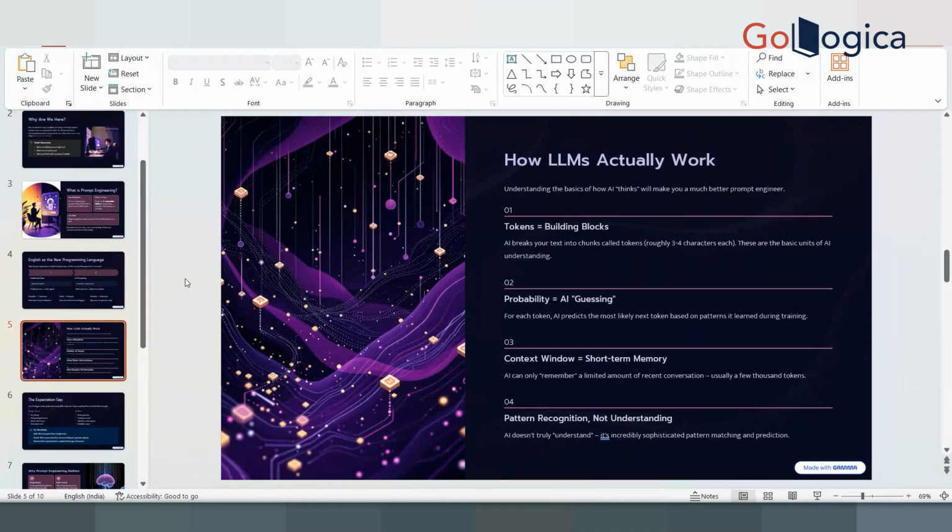But when you are interacting with a model which is capable of generating images, everything up to the context window is the same. After that, the output generated from the neural network is converted into images instead of text, and images are built pixel by pixel.